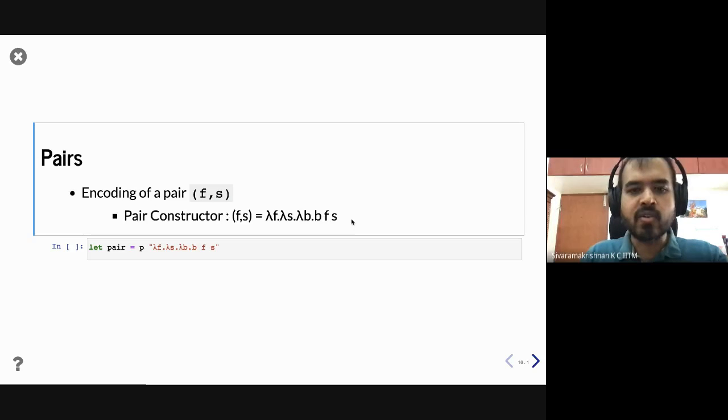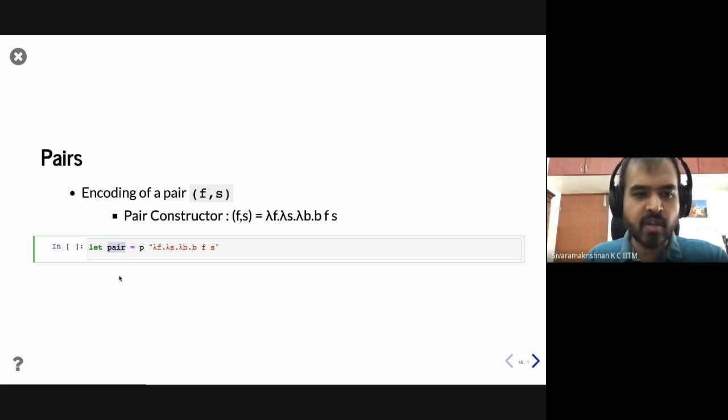Okay, so this might seem a bit strange, but if you look at the destructors, the first and second functions, the encoding becomes clear. So let's run with it for now. Let's say I define a function called pair, which is just this function, which is the same as what I've written here. So it takes two arguments, f and s, for the two components,